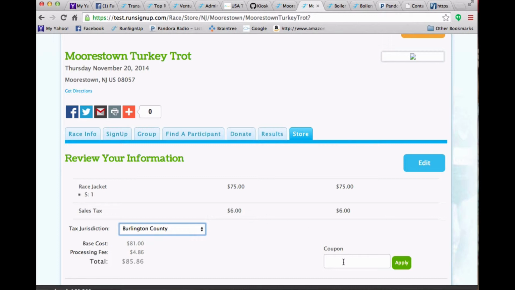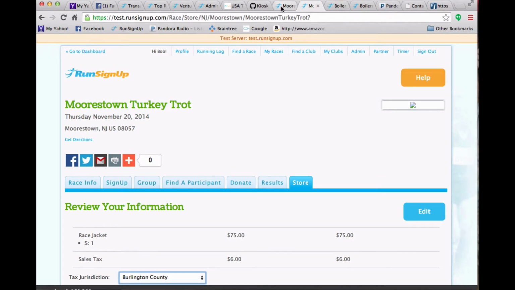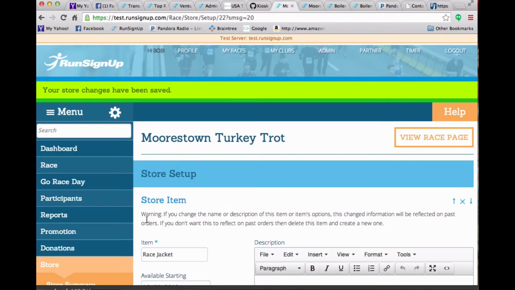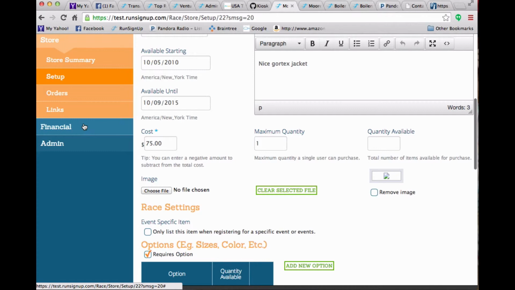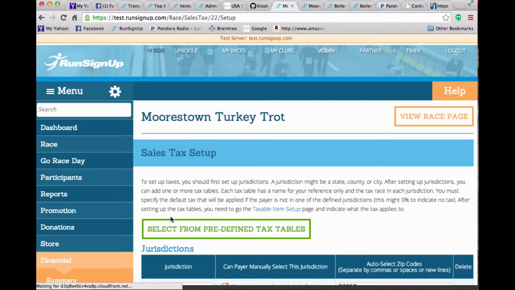Taxes work with coupons. So if the coupon is 50% off the price of the jacket, the sales tax would be recalculated based upon whatever that coupon net price was for the taxable items that were in your order. That's part of it. The other thing I wanted to show you was this idea of having set up